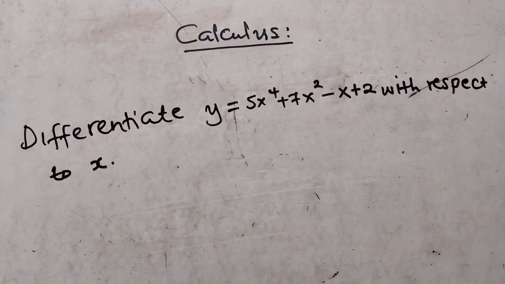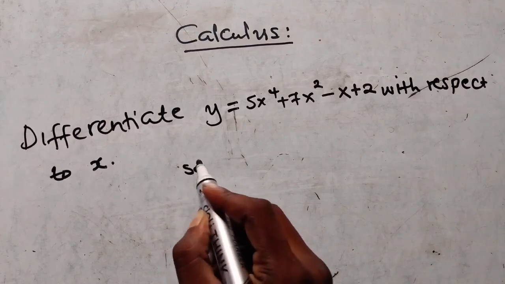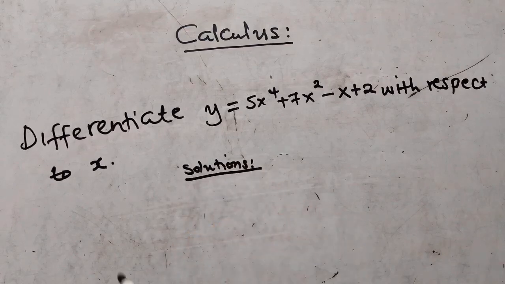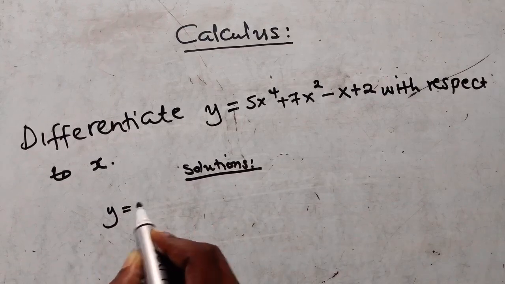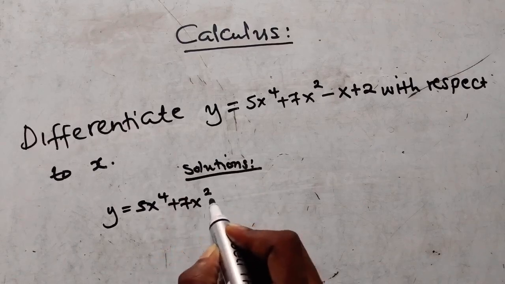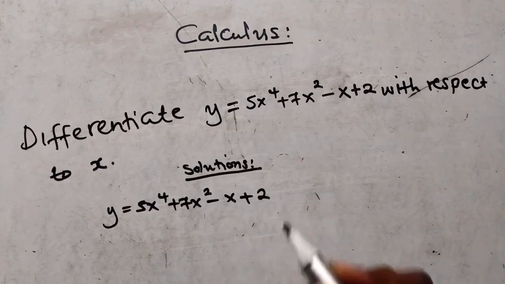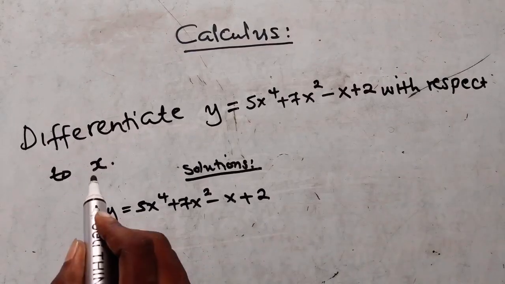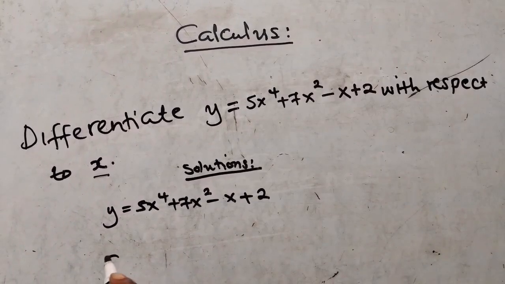This kind of question always comes every year under paper 1. They always come every year. So it's very important for you to know how to differentiate the function that you are given. Like in this case, first you're going to write solutions. After writing solutions, you write the function the way it is: y equals 5x power 4 plus 7x power 2 minus x plus 2. Now we are differentiating with respect to x. So we say dy